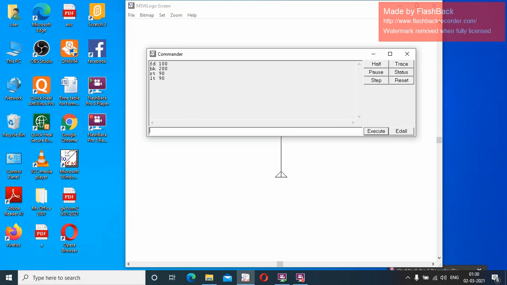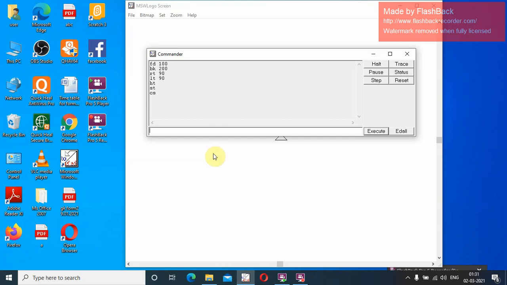RT and LT commands are just to rotate the turtle. Then we have seen hide turtle, show turtle, and CS. I'm not going to do CS now because then all these commands will be erased and I don't want that. FD, BK, right, left, hide turtle, show turtle, clear screen, right?